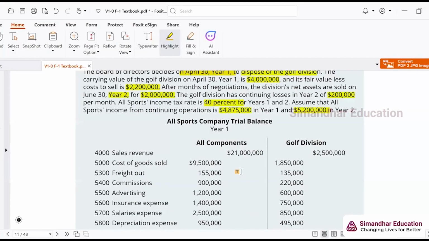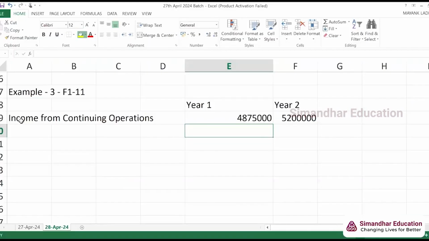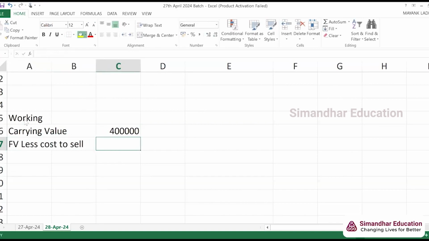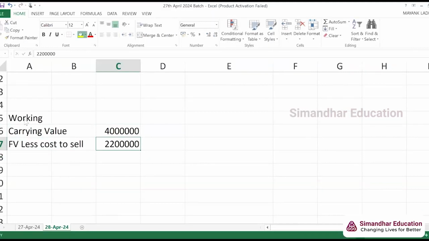Okay. Now, the first thing they have said is they decided on April 30th of year 1 to dispose of the golf division. Carrying value, so we can make a working. Working one. Carrying value is 4 million. Fair value less cost to sell on the date of classification is 2.2 million. So I have an asset worth 4 million in the books, and by selling this particular division, and if I consider the cost to sell and all of that, the amount that I'm expecting to receive is 2.2 million. Now the thing that you have to keep in mind here is this will result in a loss. Okay, it's not a loss, but